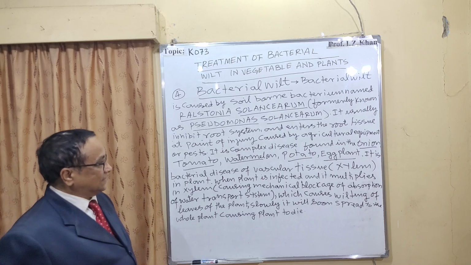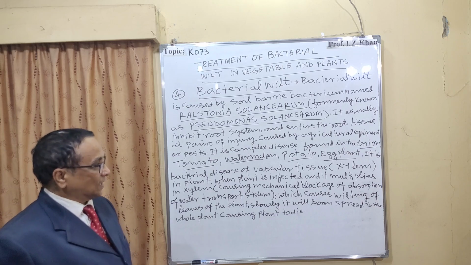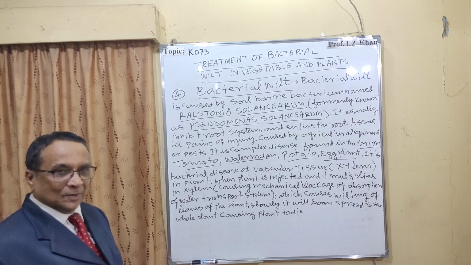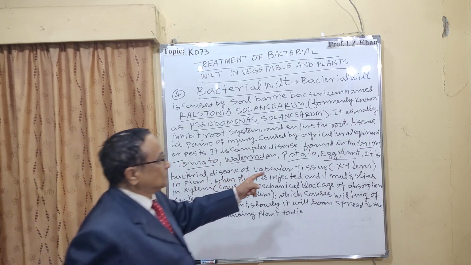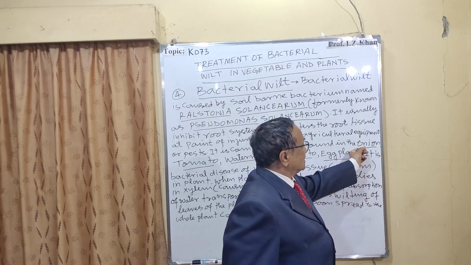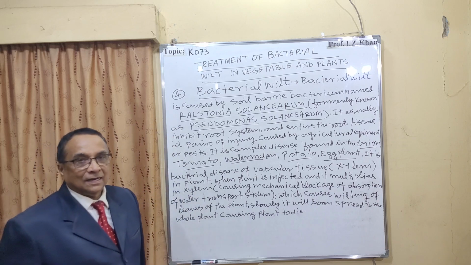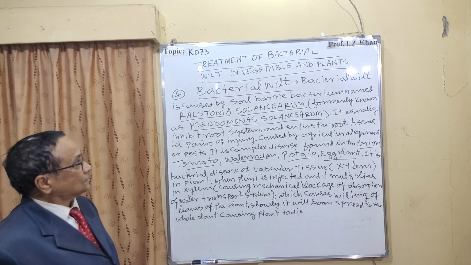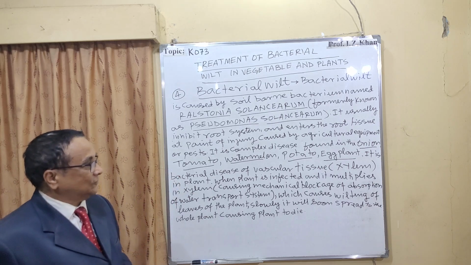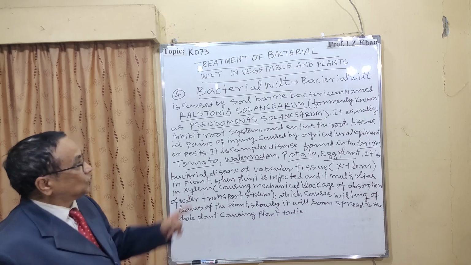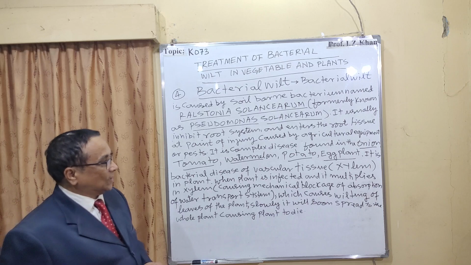It is a complex disease found in onion, tomato, watermelon, potato, eggplant, and some other vegetables, but they are the main ones. And where the onion is most affected, this calcium hypochlorite, this chemical is very effective to clear this bacteria,